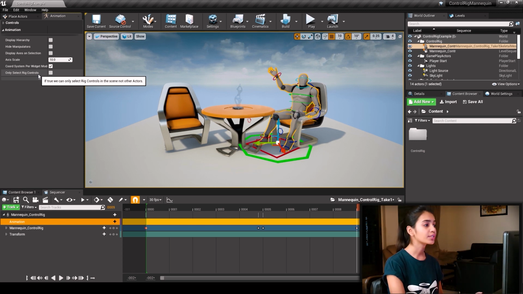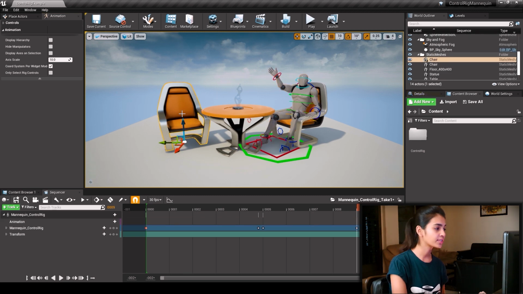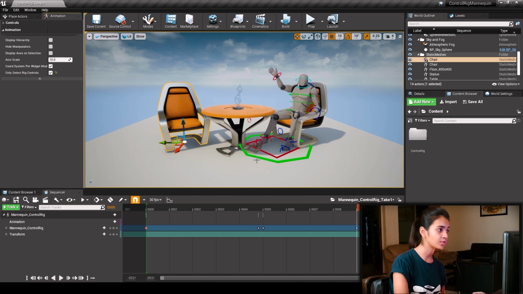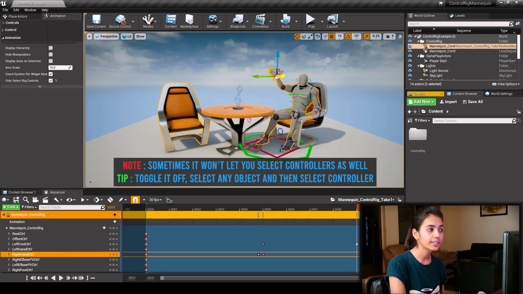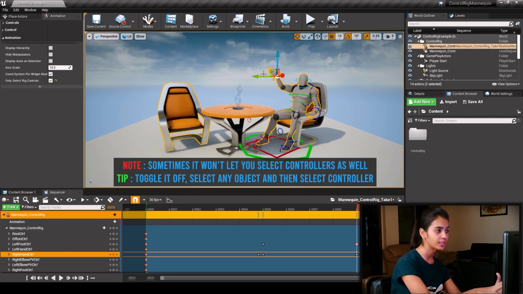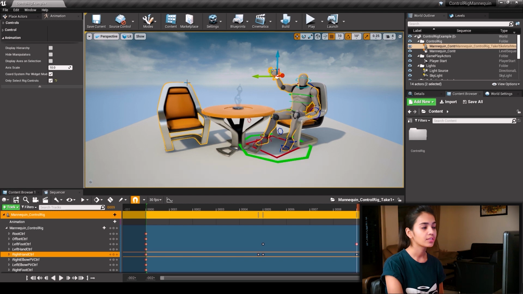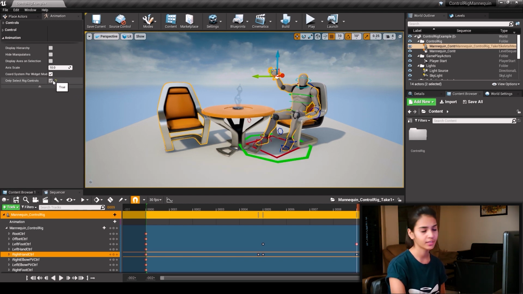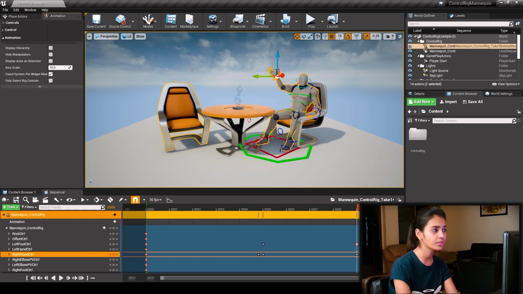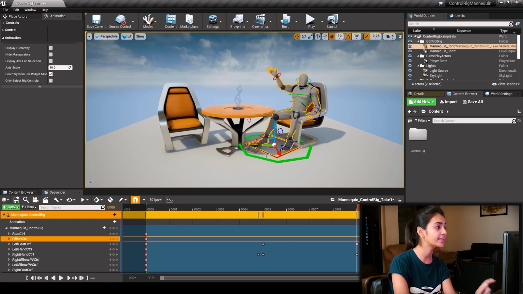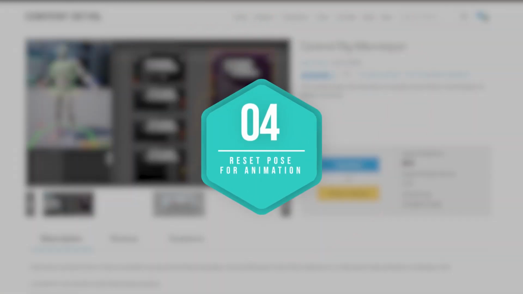Now there's a small issue regarding this option which I found. For example, if you have this chair selected as the last thing in your viewport, and then when you turn this option on, now if you select a controller and move it, you might get confused as the selection of the chair is still on, as it shows that yellow highlight thing. It's just a visual issue. If you move it, it won't affect the chair. It's just to avoid this confusion, you just need to select a controller and then turn on this option.